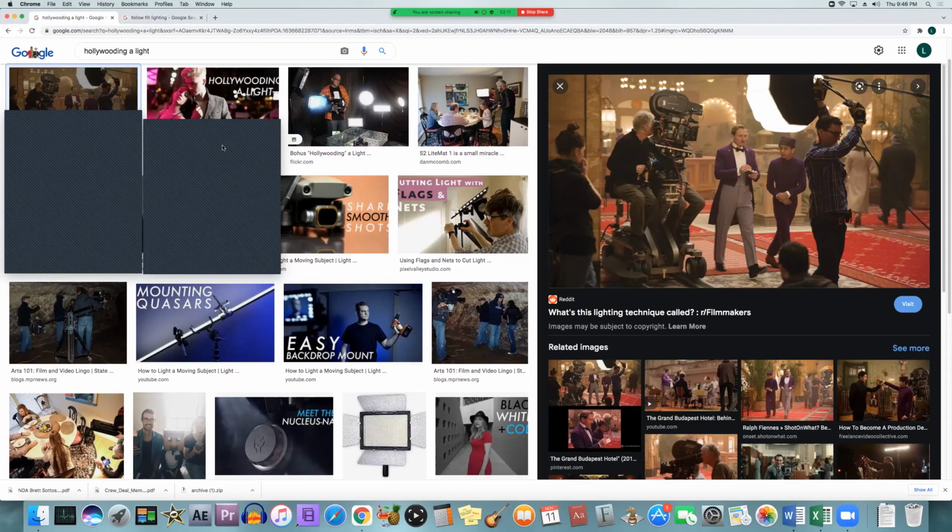There's a thing called Hollywooding a light, or Hollywood a light. That's when somebody's holding a light, like in this picture. They're walking in sequence with the subject, and they're just keeping in rhythm with them so that they stay lit the entire time. They can be to the side of the camera like this,